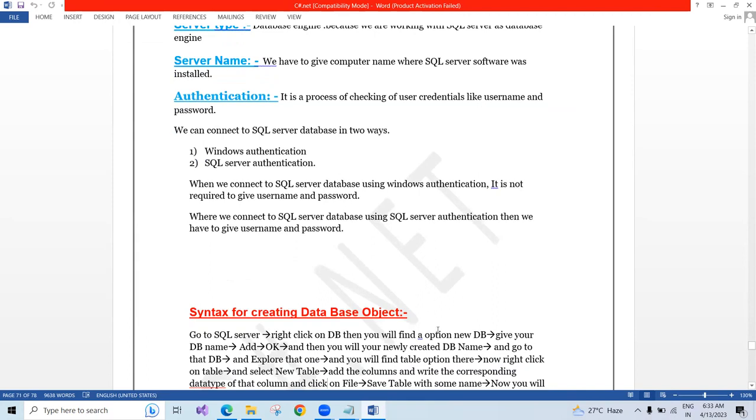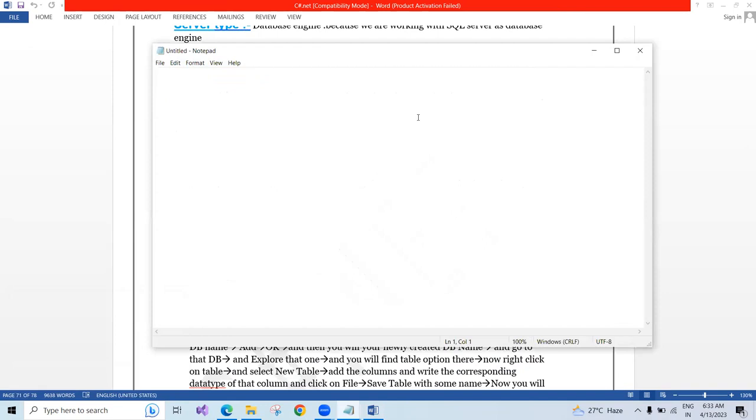So now people tell me like, in our ADO.NET, we have two types of architectures available. One is connection-oriented architecture and the other is disconnected-oriented architecture. So now we'll discuss connection-oriented architecture. The first step of connection-oriented architecture is